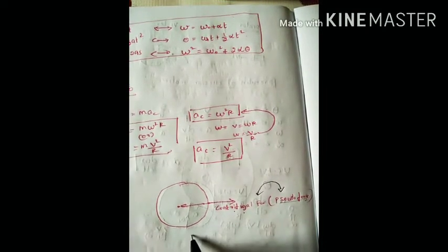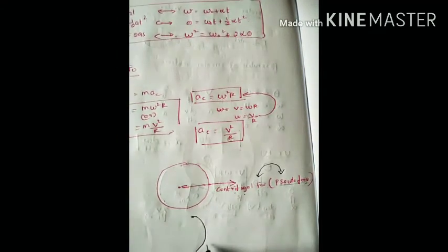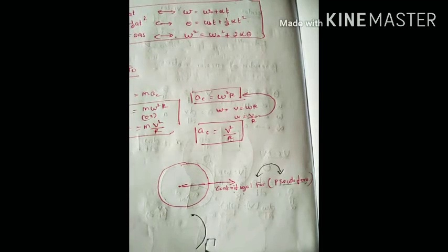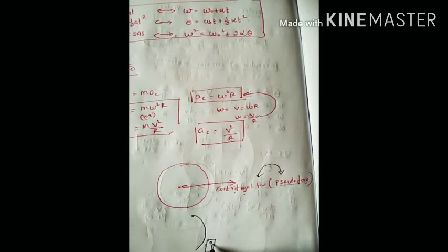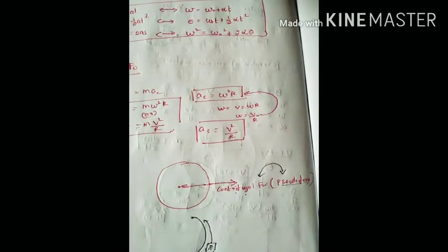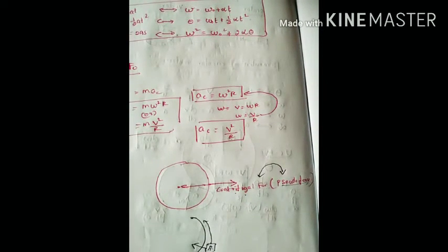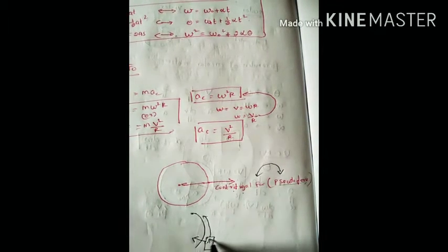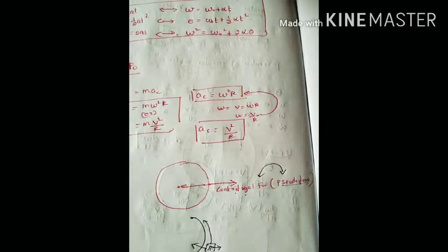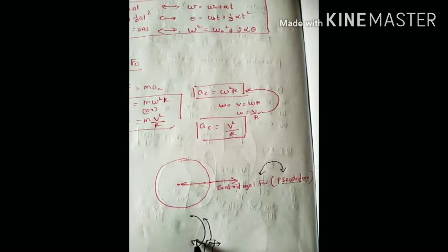Suppose there is a turn. Just assume that there is a turn. The car is moving. I am sitting inside the car. Now the car moves in this direction. Now the force may be applied in this direction. But what's the motion of a person sitting inside? He moves towards this side. You got it, right? The car seems to move in this direction.